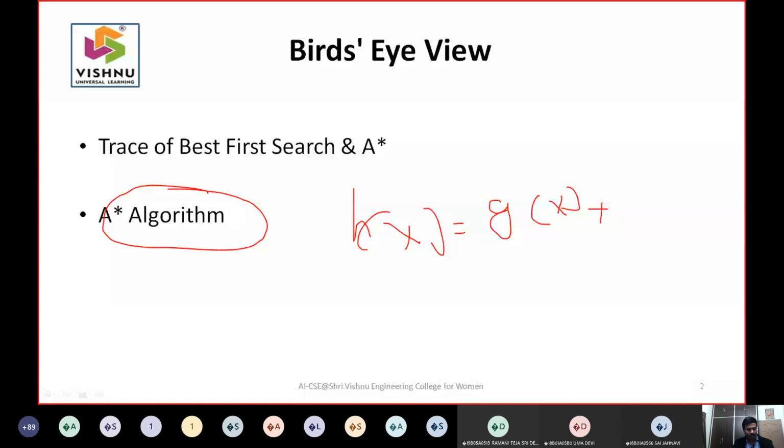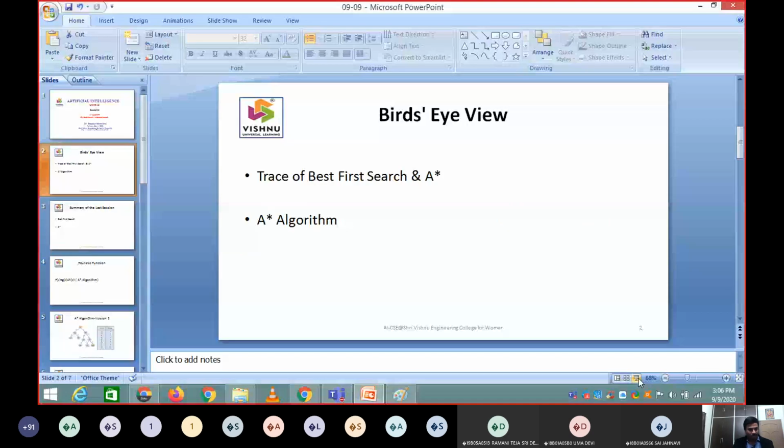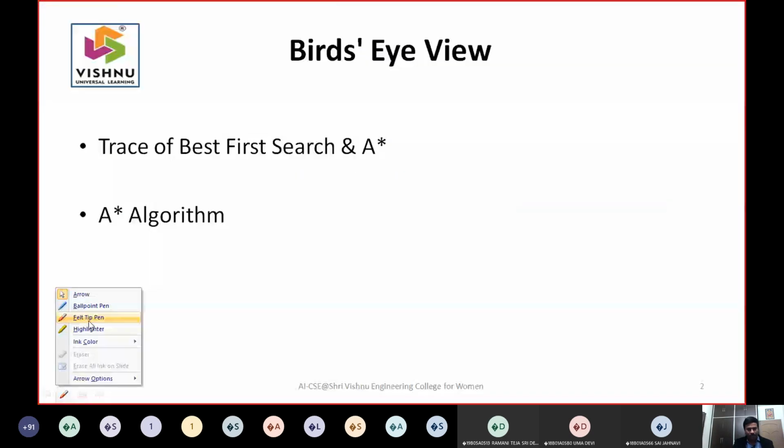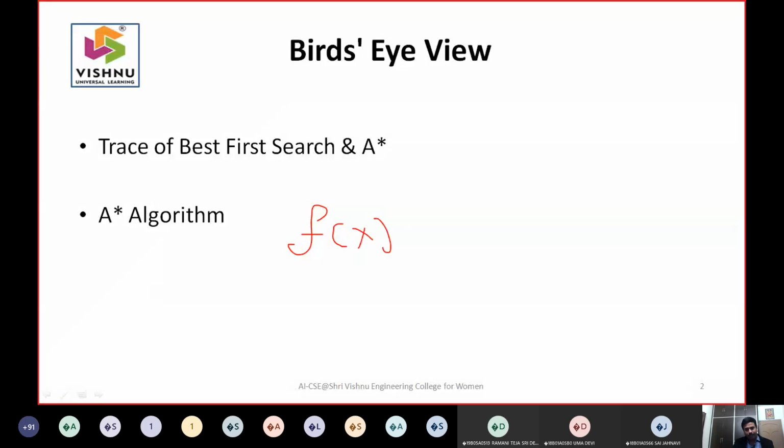Or sometimes what they do is they will interchange the terms. So I will have the same nomenclature as in your textbook, because that may confuse you otherwise. Or if you interchange the variables also, there is no problem, but you need to define the variables. You can use h, g, f interchangeably, but you need to define the values.